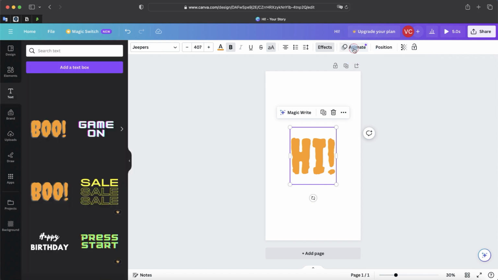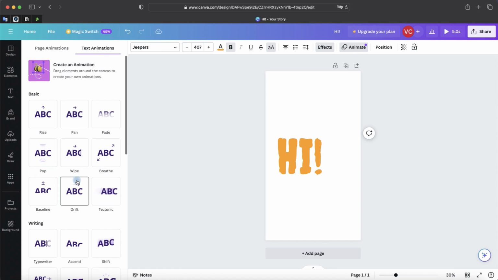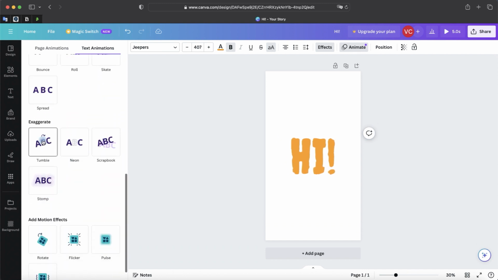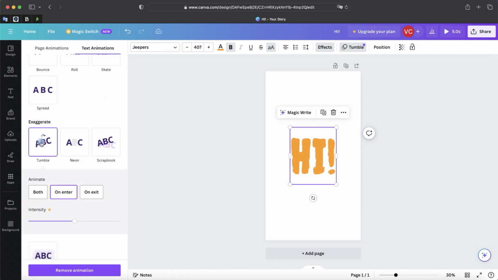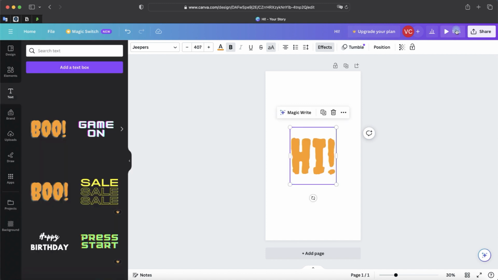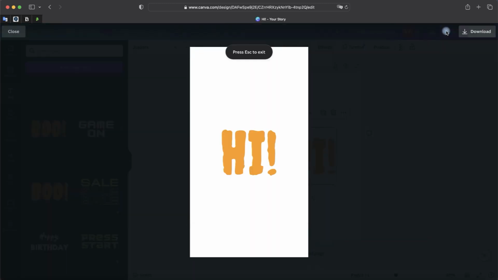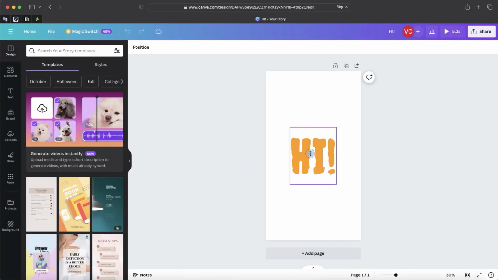Now we click on it, we go into the animation options, and we can choose any option we want, like this one. And note there are some features here that are available only in the paid version. For example, intensity, at what speed it comes out the side. This is only done in the paid version, and we can preview what this is all going to look like. Let's press play. We have this text block lasting 5 seconds, but there is an option which I'll talk about a little bit later to make this time period shorter than 5 seconds.